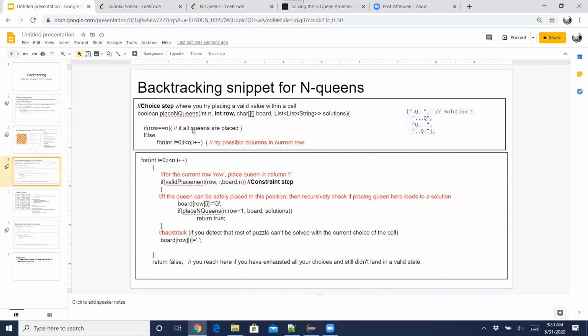So yeah, let's dive into code mapping, right? We understand this template, we understand the walkthrough. Now, how do we translate this into code? So talking about the choice step, right? I'll show you the full code, but I want to show the snippets as well. So let's say you have,